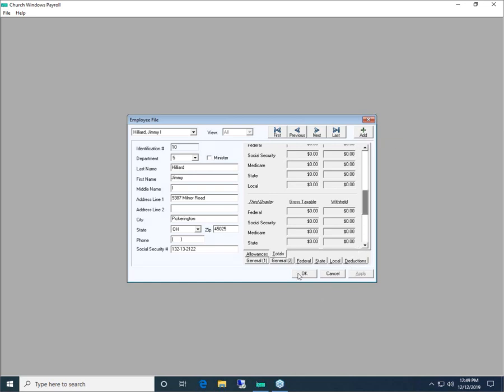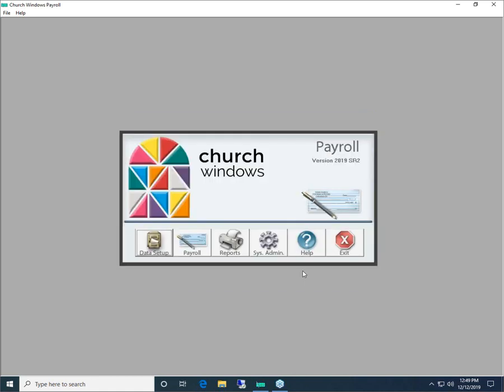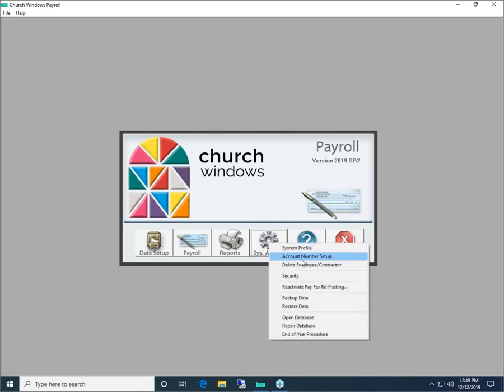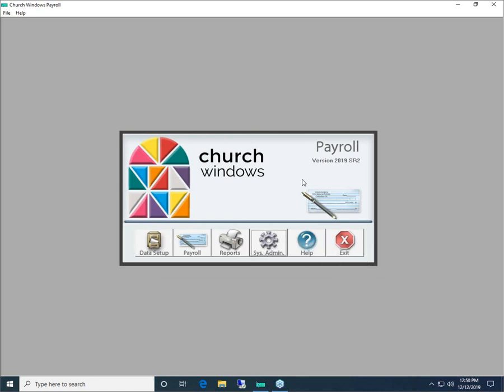Okay. But then once I'm done with that employee, I would click Apply and either add the next employee or click OK, and then I would go to the account number setup and link them into accounting in order before my first pay to ensure that the system knows what accounts to debit and credit in accounting. So it's right here under account number setup. Okay. All right. So that's our top